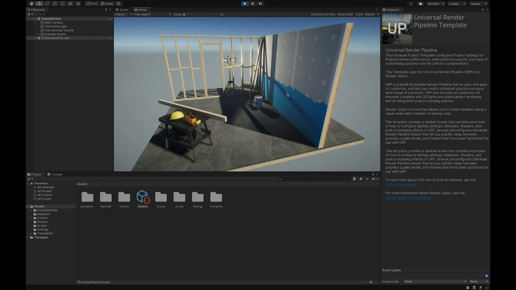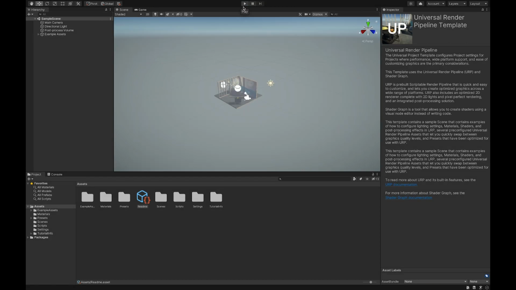Okay, so to stop being in game mode, you just go up and hit that play arrow one more time, and it'll stop and switch you back to scene mode. Okay, and so now when I'm in scene mode, there are ways that I can navigate around the scene as well,